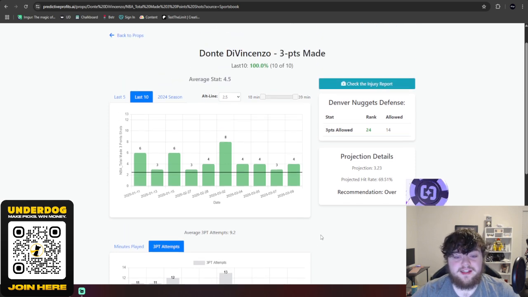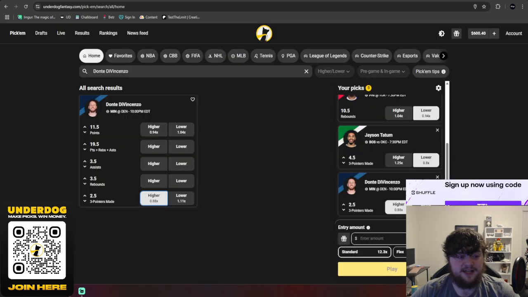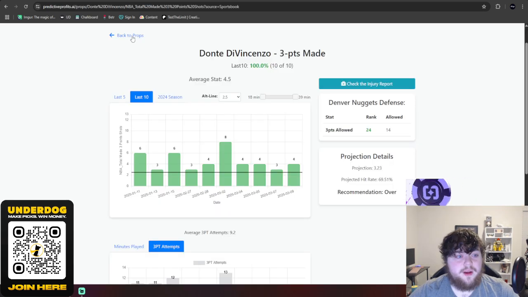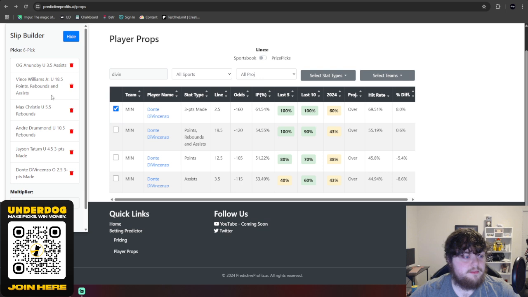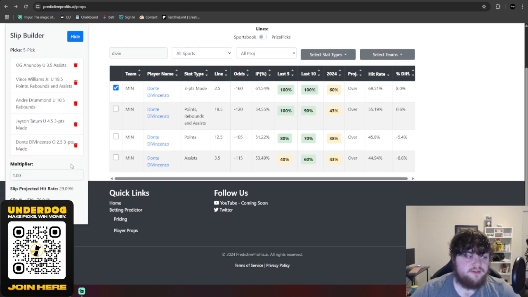So I'm loving this. I do think that he can hit 3 3-pointers if he shoots 7 or more attempts. So let's lock in Dante DiVincenzo over 2.5 3-pointers made to finish up our 6th pick. Now, this is only 5 picks, so we will remove Christie from the slip builder to make it a 5 pick. And we can see to go 5-0 on the 5 pick, we have a